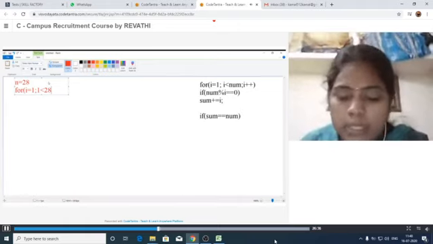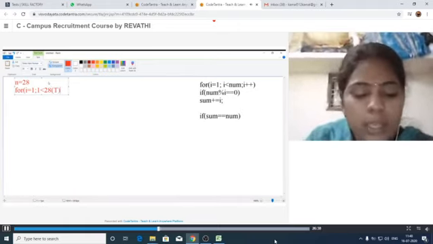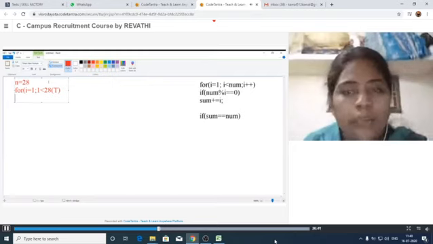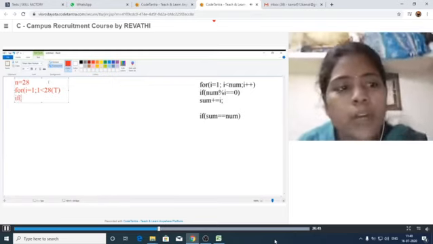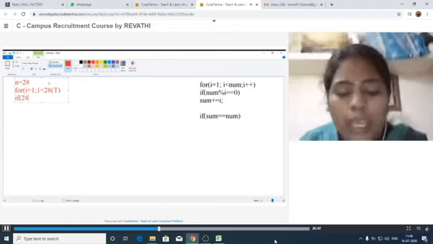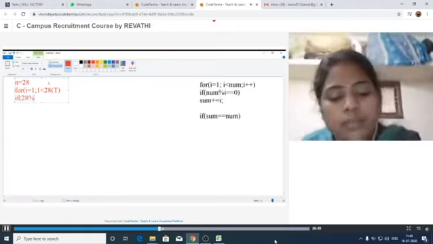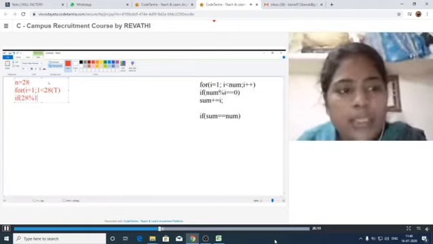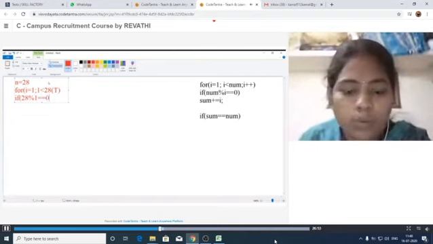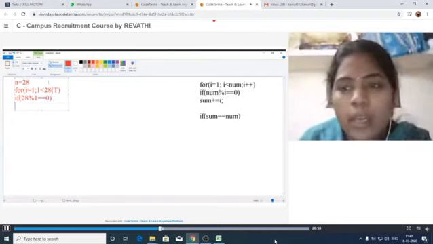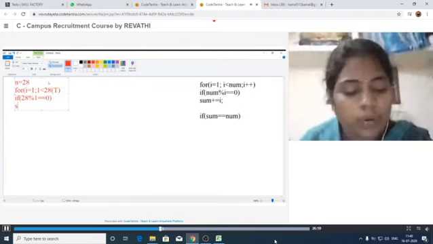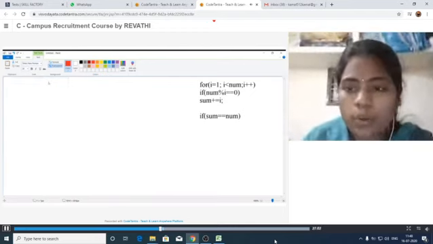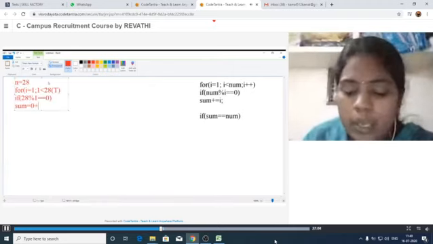Here the condition is true. After that, it has to check if number modulus i, that means 28 modulus 1, is equal to 0. Then our sum value can be added, that is sum is equal to sum plus i. Initially sum is 0, 0 plus 1 is equal to 1.